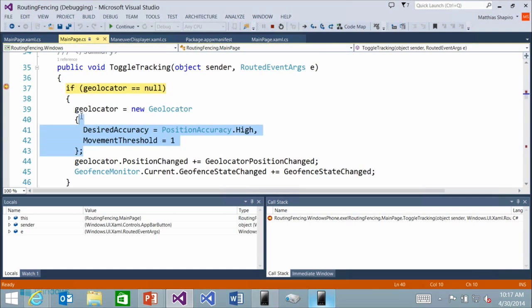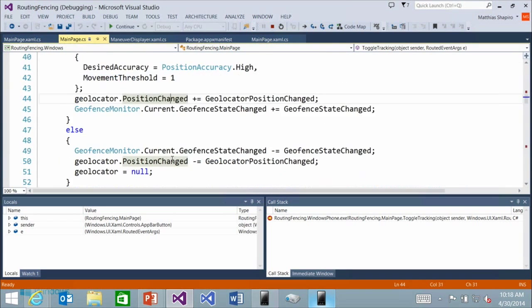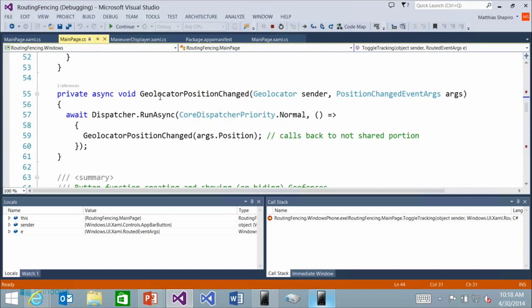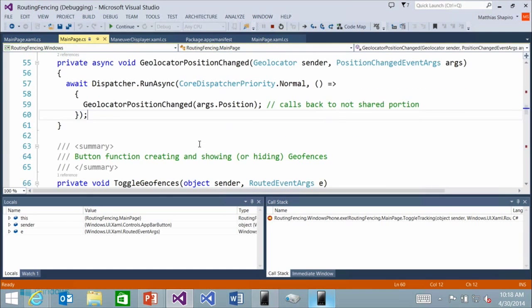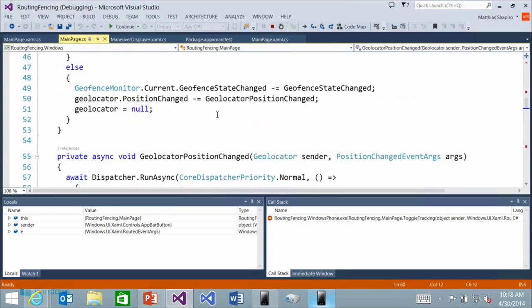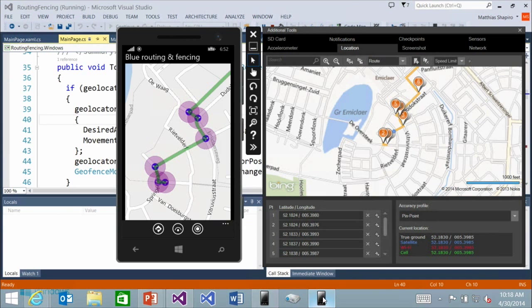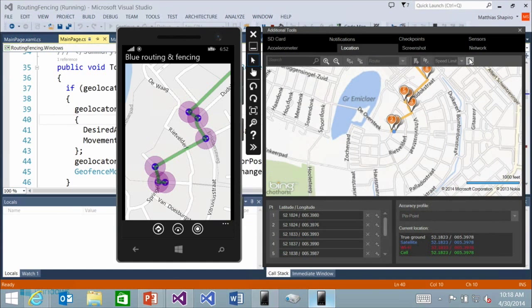Where we create our new geolocator, we set our desired accuracy and our movement threshold, and then we are waiting for that position to change. And when that position changes, we just get to run this position changed event handler. Okay, so get rid of that breakpoint, keep running the application, and we'll try that again.